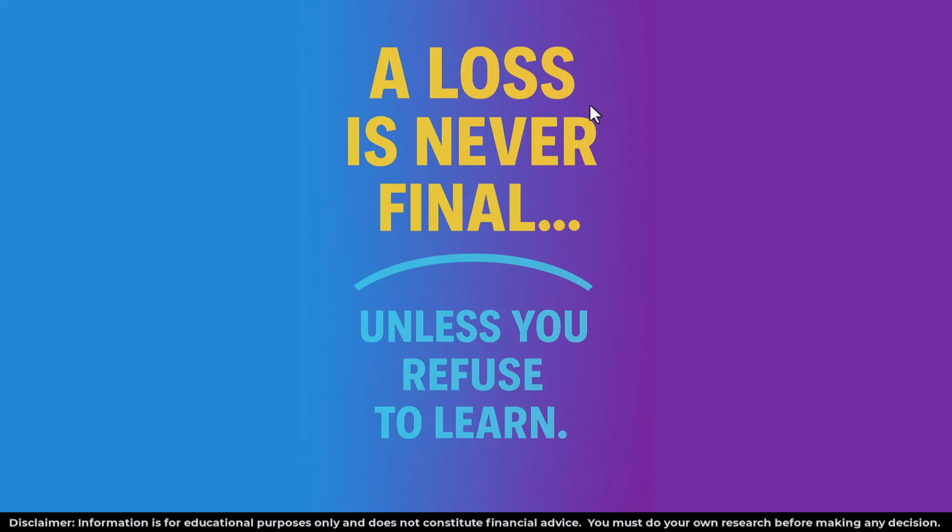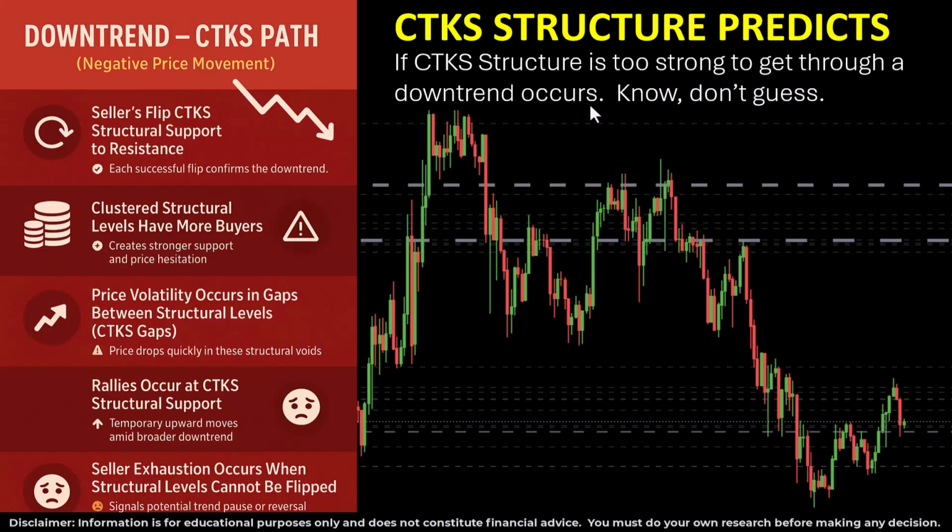Losses are never personal. One thing to always understand: where is your CTKS structure inside a price chart and where are the CTKS gaps? They can be positive, which can see price go very, very quickly up combined with structural overshoots. But if you get structural failures, you're going to get negative structural attraction to lower levels. You can assess all of this before price actually prints.